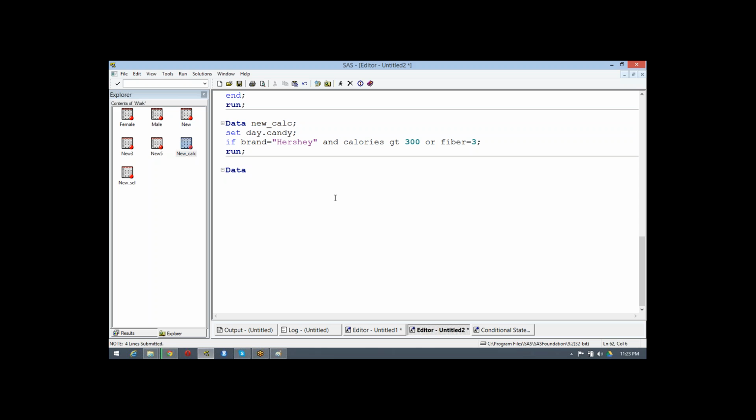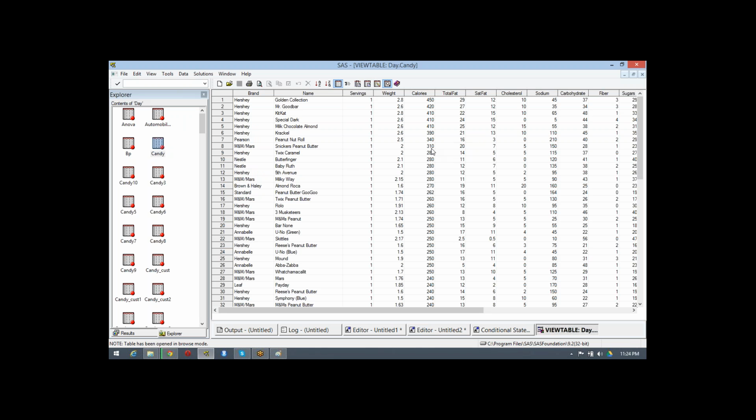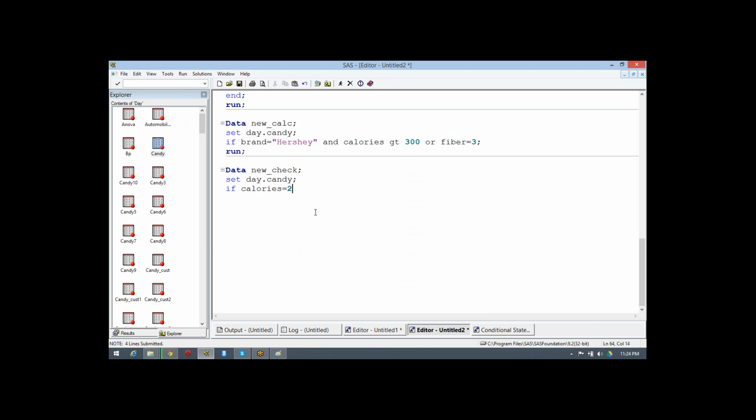So when we say data new, check: if calories is equal to, suppose I'm using it for candy as 280 and 340, 280 or 340, then it is yes. So just keep these two variables on top.